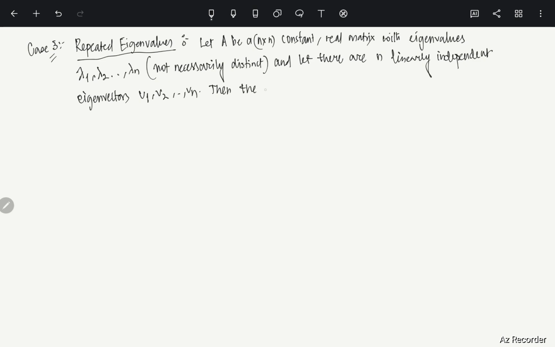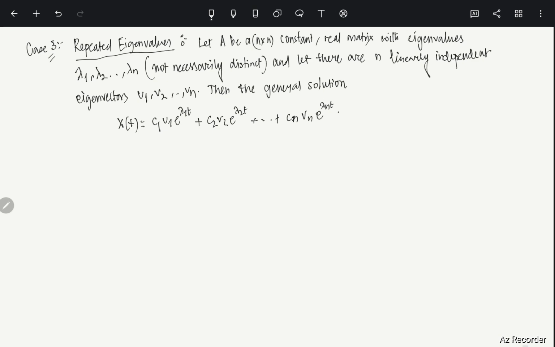the general solution, I think you have already guessed it. What is the general solution? X of t is nothing but c1 times v1 e to the power lambda 1 t, exactly the same, c2 times v2 e to the power lambda 2 t. Why is it the case? Can you think of any reason? Maybe you can pause this video and think about why this should be the case. See, what is happening is this: even though lambda 1, lambda 2, lambda 3 are not distinct,